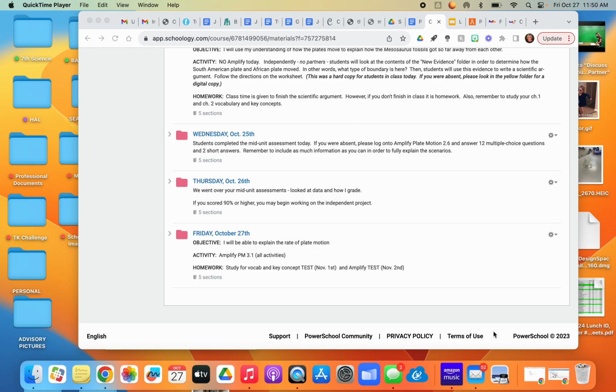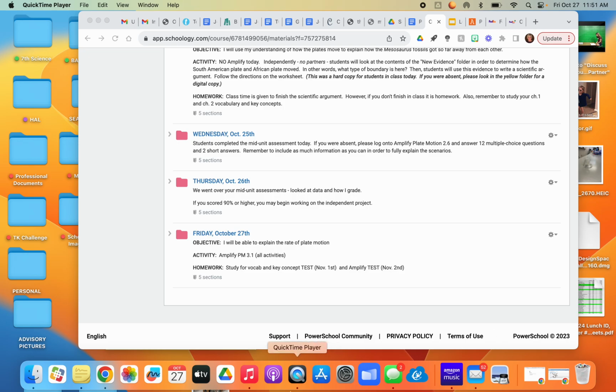Our objective today is: I will be able to explain the rate of plate motion, and by rate I mean the speed of plate motion. We're going to start chapter 3, which will be in Amplify 3.1. We're doing all activities except for the homework. Your homework is to study for the vocab and key concept test, which is November 1st, and then the Amplify test